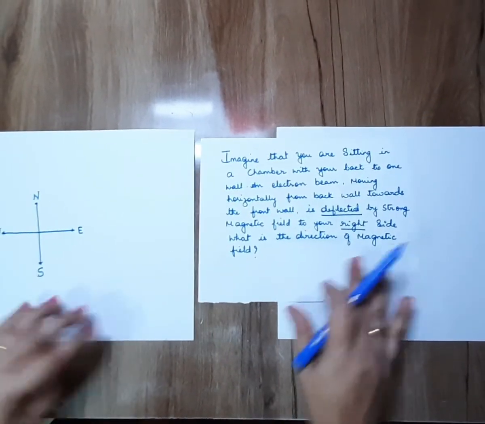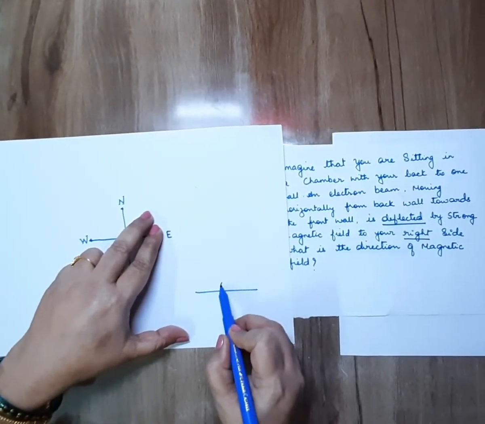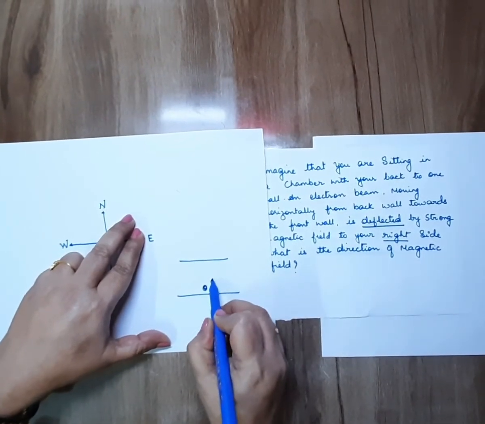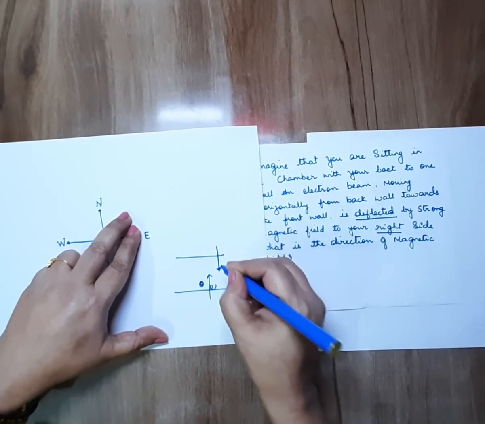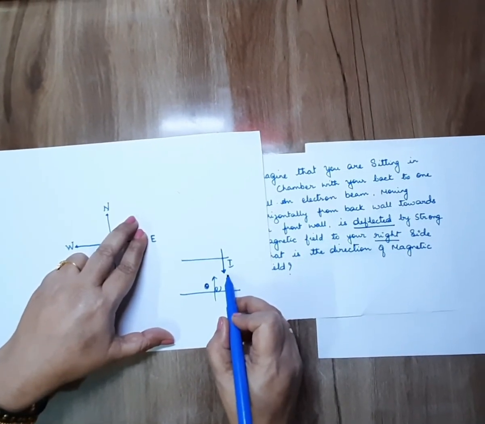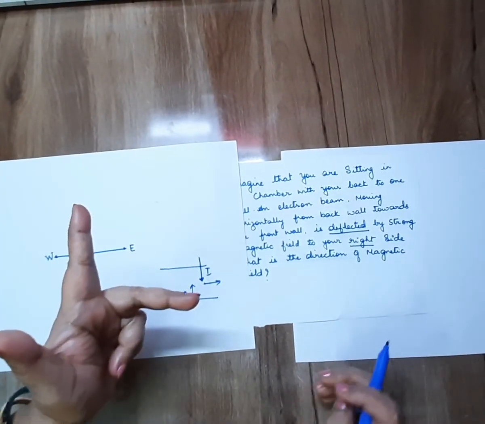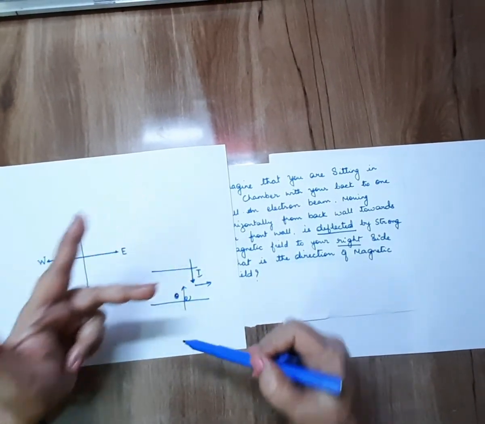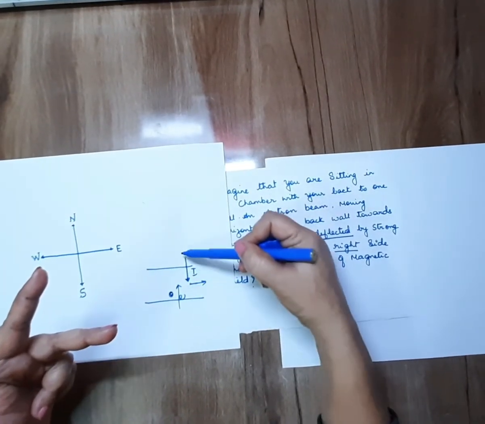Okay, now let me show you here. This is one wall. Imagine you are sitting here and this is the front wall. The electron enters from here. Since the electron enters here, the direction of current we should take in the opposite direction. We know this. And the force applied is towards the right side, your right hand side. So let us hold Fleming left hand rule here. So this is electron, current. The electron is coming from the back wall, so we need to take current opposite, from the front wall.